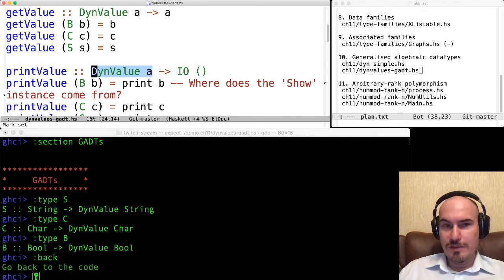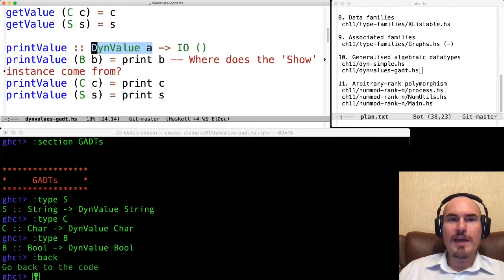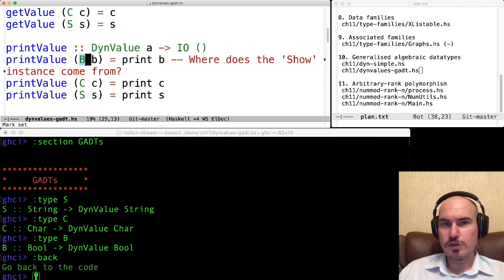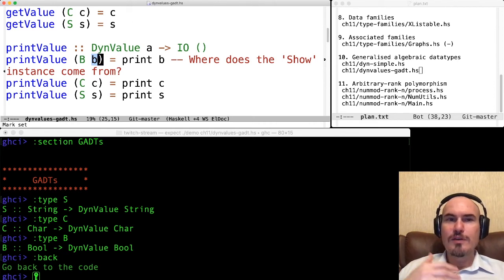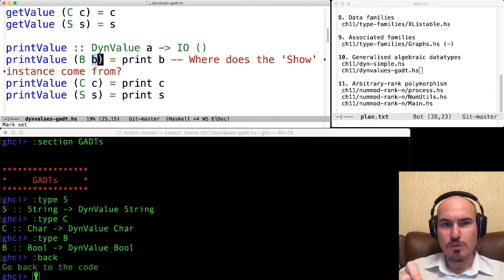Still, when we have B here, GHC knows for sure that the B value in this case is a bool value. This means that a generalized algebraic data type is technically B of type a, where a equals Bool. And this a equals Bool is a so-called local constraint which becomes available when we do pattern matching over this data constructor.